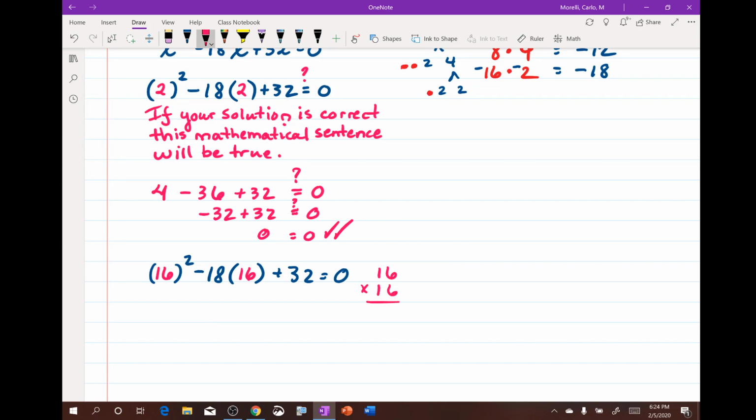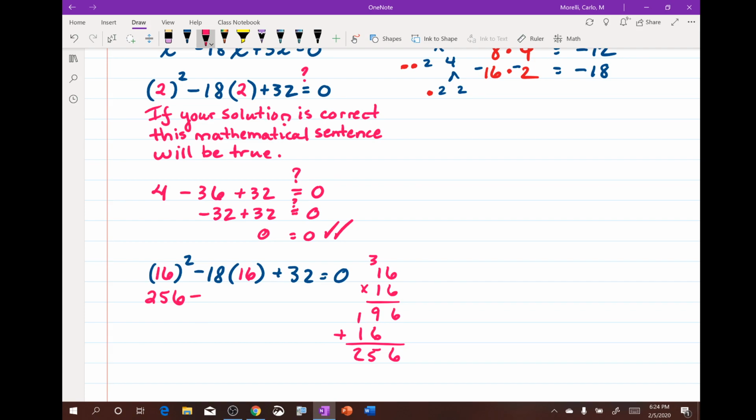So 6 times 6 is 36. 1 times 6 is 6 plus 3 is 9. And then we go do 6 times 1 is 6. And 1 times 1 is 1. We add that together. So we have 6, 5, carry the 1, and 2. 256. So 16 times 16 is 256. Do you agree? Awesome. So what I'm going to write down is 256